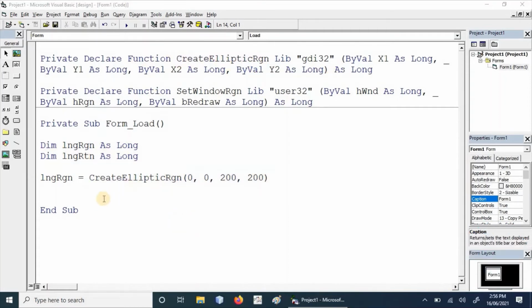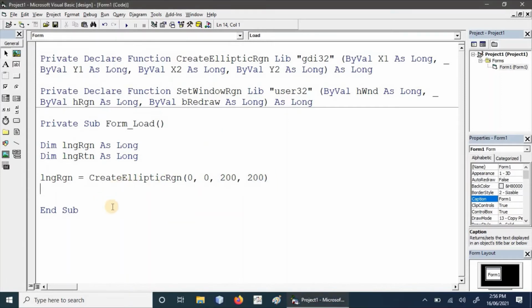The first parameter is the starting point of the x coordinate. Here is the starting point of the y coordinate, this one is the width and this one is the height of this elliptical region. If we provide the same height and width, then it will create a circle.